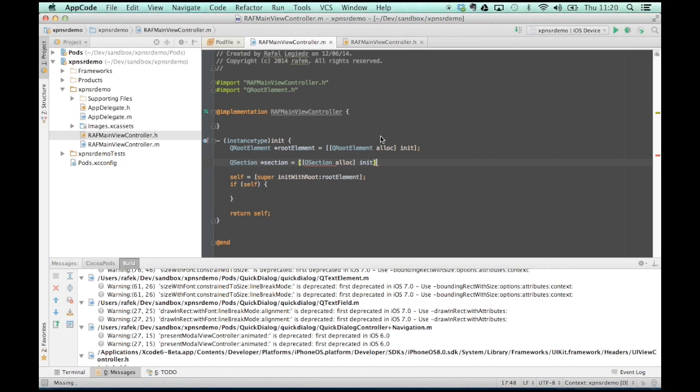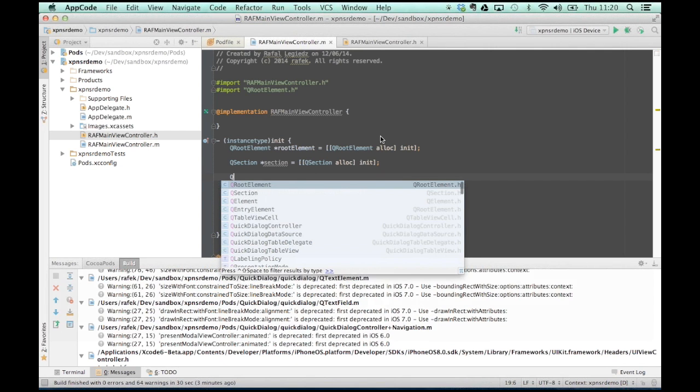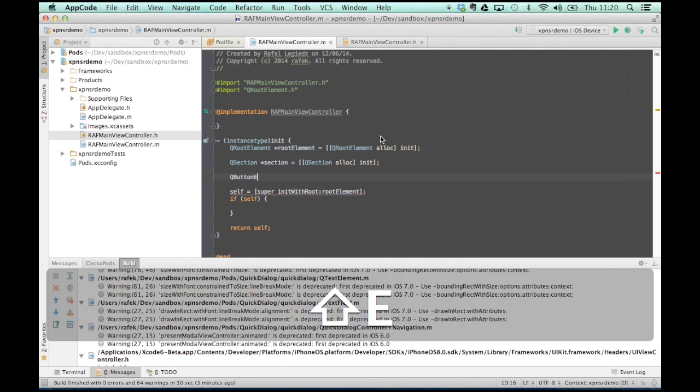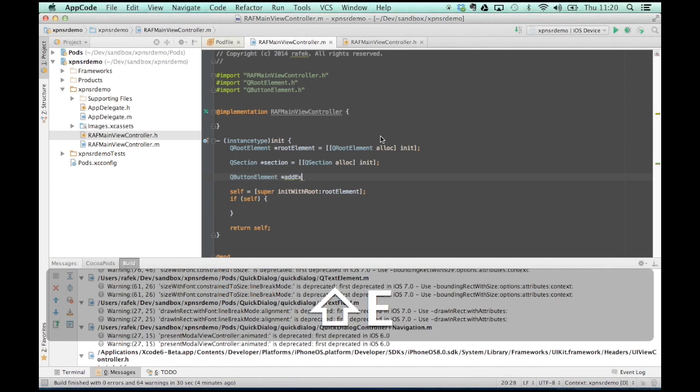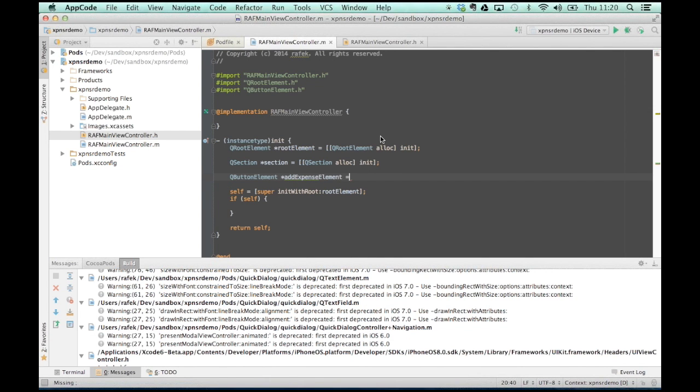alloc init of the name. Then we need the button, so that would be QButtonElement. As you can see, AppCode doesn't recognize the QButtonElement because it wasn't imported, but it knows where to import it from. So by pressing Option Enter, we can automatically import the QButtonElement header file, and everything is all right. And let's call it addExpenseElement and be QButton